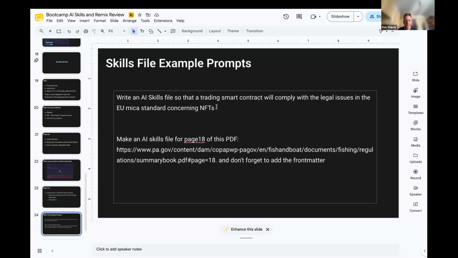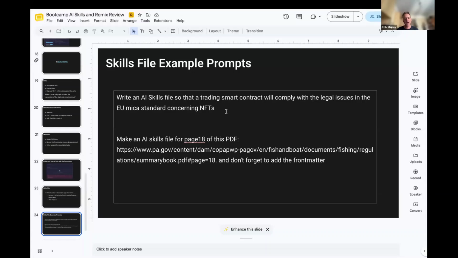And these were some example prompts. Oh yeah, by the way, when you make a skill file, if you give Claude, or you just put it into the AI assistant, a website like Marcus did, it'll work fine. But if you're not really sure, I did one where I wanted to make sure I was following MiCA standards, which is the European standards for crypto.